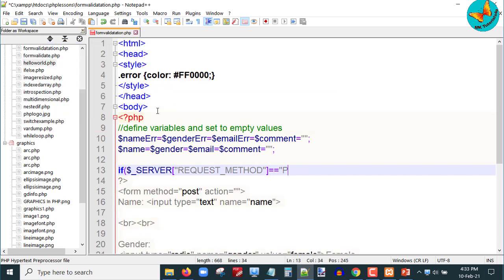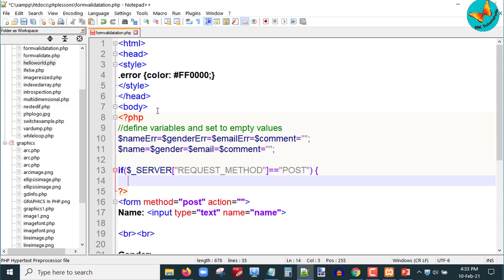So first I will just put here the condition that whether the request method is post or not, and if yes, then I am going to check one by one all the fields whether they are empty or not.